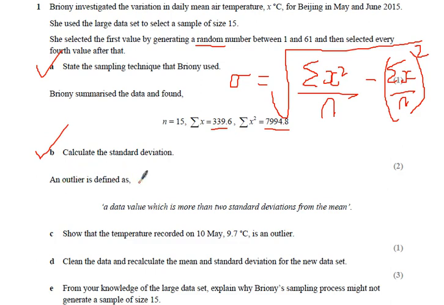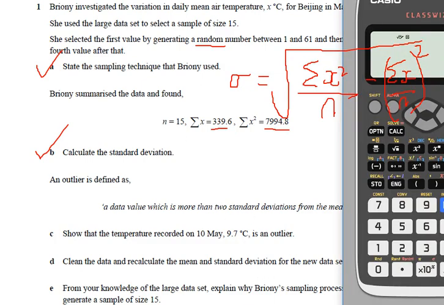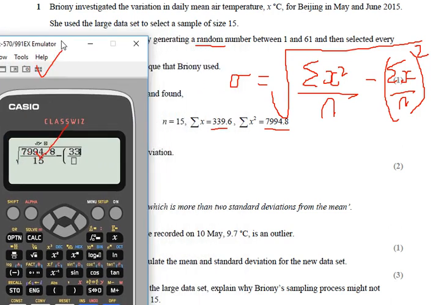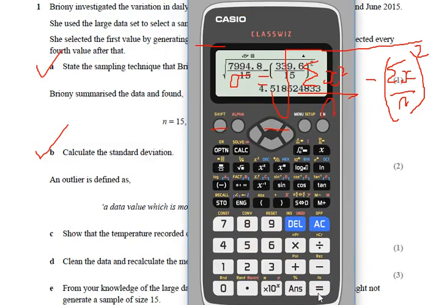Then it says an outlier is defined as a data value which is more than 2 standard deviations from the mean. Show that the temperature recorded is an outlier. Drat. So I will need to actually work out what the standard deviation is. So I'll need a calculator because I need to know it for part C. So square root of a fraction, and we need to put in this squared number. So that's 7994.8 over 15 minus, we'll have a bracket there and another fraction, 339.6 also over 15, close the bracket and square it, and the answer comes out as